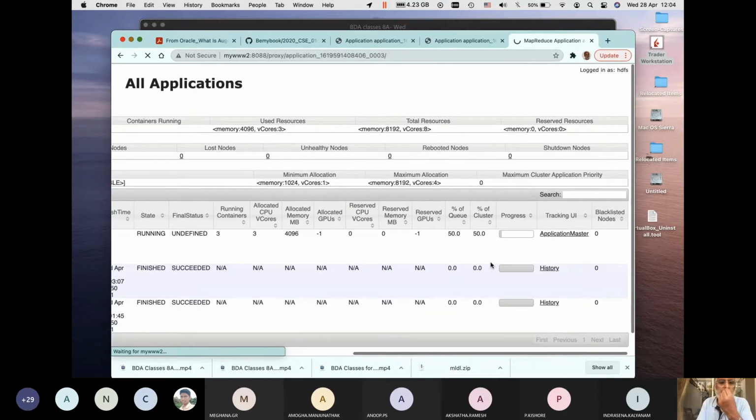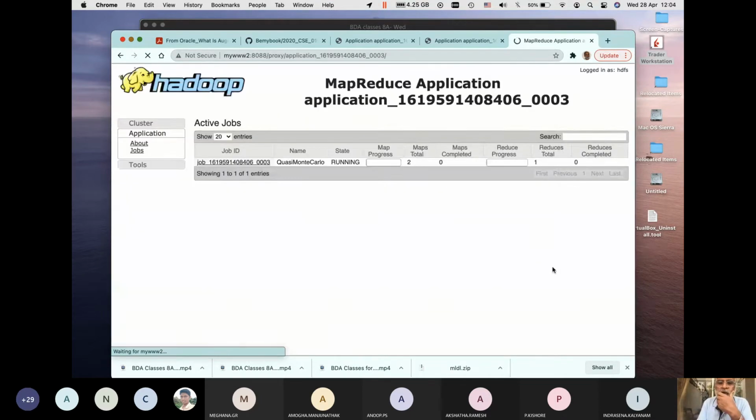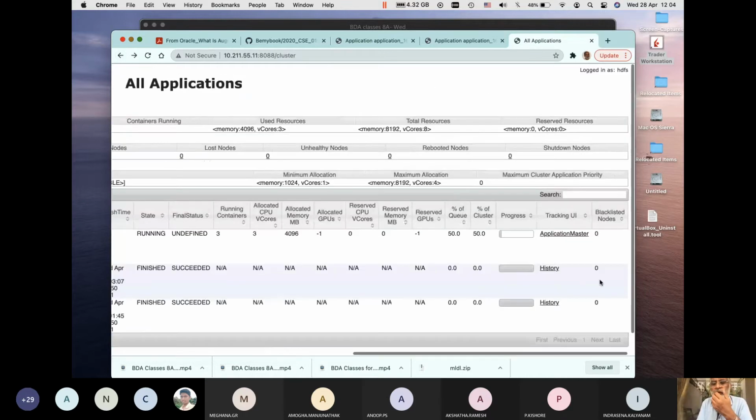so it's running. Now we can look at the application status, progress, application master. This probably will not show, or I can click on the other. Yeah, you can see the job is running here. Total maps 2, reduces 1, and the program would basically be run. And once the program is completed, you can look at things and maybe history. I'm not sure it will show whether the program ran successfully or how much time it took. You can see those values. But this current job is still running, as you can see the progress bar.